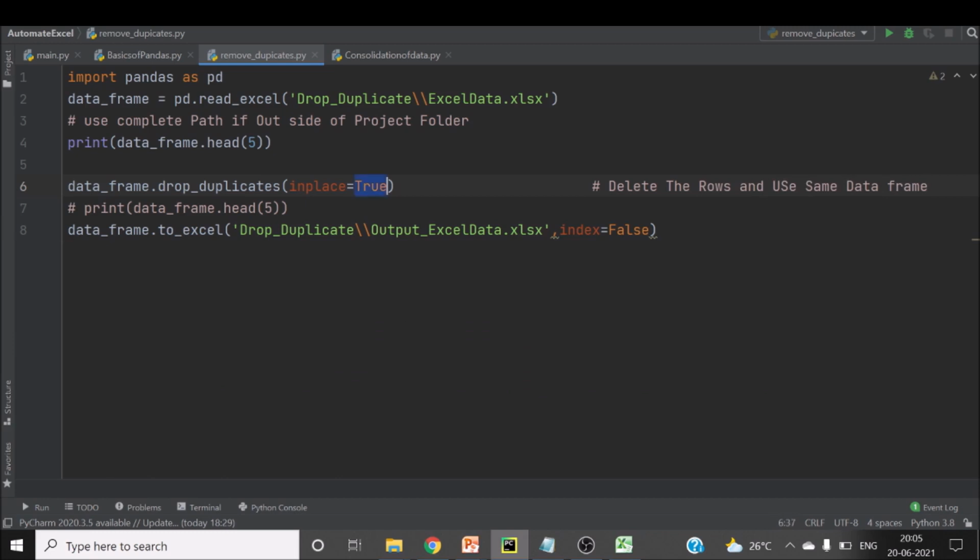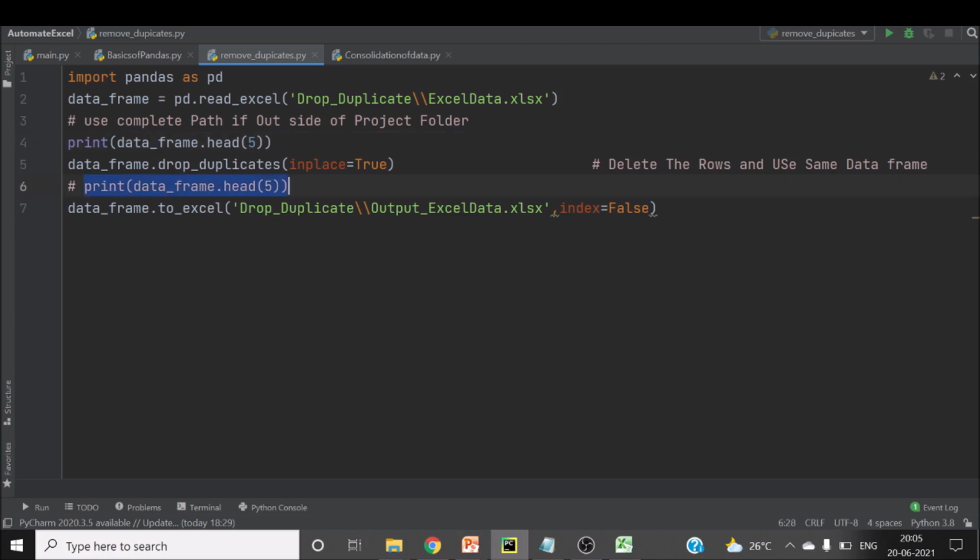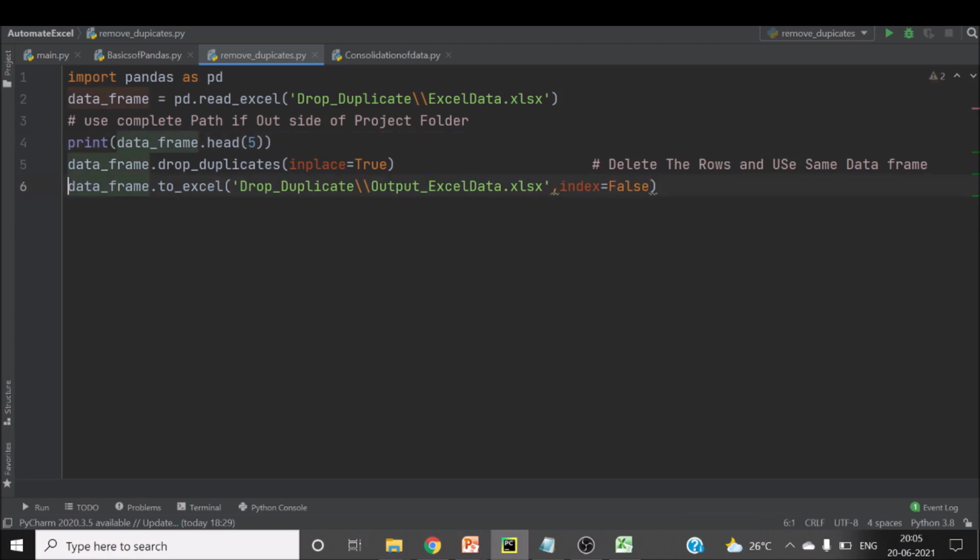Inplace means that I am using the same data frame. I am not assigning the modified data frame to a new data frame. And then I would like to print these lines over here, one before and one after. So let's print both the data frames now, and then I am writing the output in a new Excel.